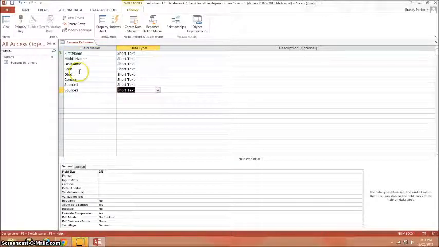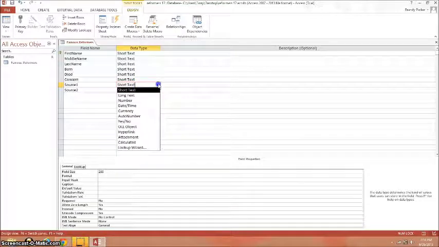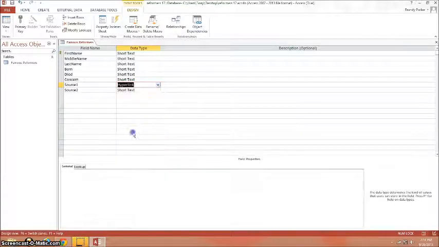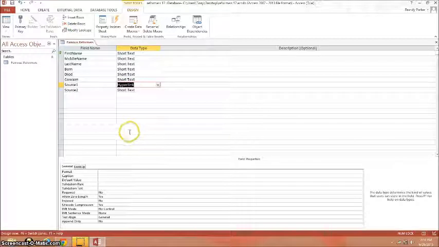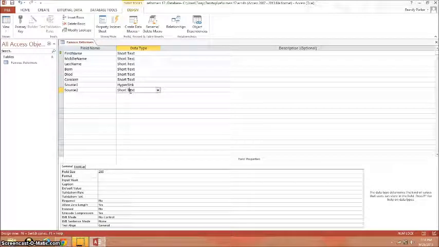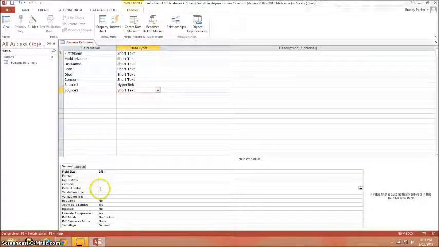Now, in our book, it tells us that source 1 is actually going to be, so I'm clicking in the data type for source 1, it needs to be a hyperlink, which is also called a website. And source 2 is going to stay short text, but also I want to go down here to the bottom and I'm going to click in this default value box and I'm going to type in the following: quotation mark, the reformers